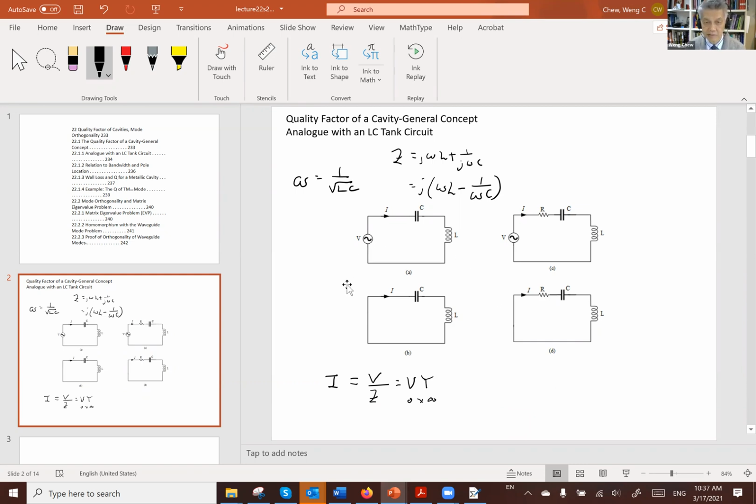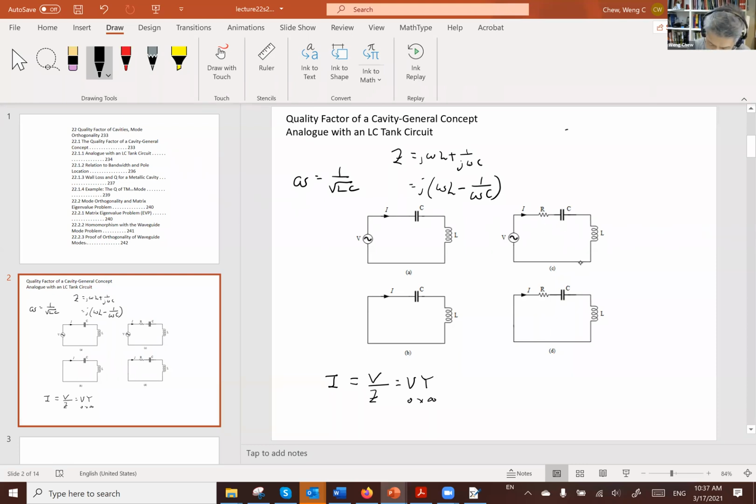So when we hit the resonance of this circuit, Z becomes 0, Y becomes infinite, then I can be a finite value, and I would be the current that flows back and forth in this LC tank circuit. However, if you have a little bit of loss in this LC tank circuit, then you know that